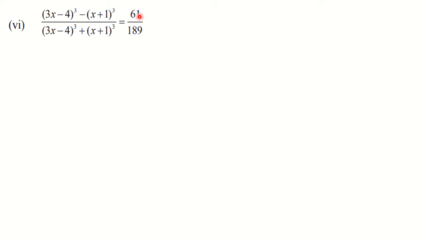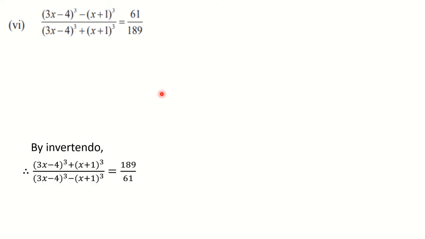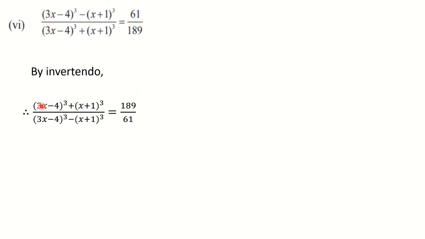Also, you will find that here the bigger number is down in the denominator. Always we want the form of componendo dividendo, that means plus sign in the numerator. So here the change you have to make is to go for invertendo, so that you get the ratio in the form of componendo dividendo. Reverse it. Now the plus sign is in the numerator and minus sign is in the denominator. Here also we have done it on the right hand side.